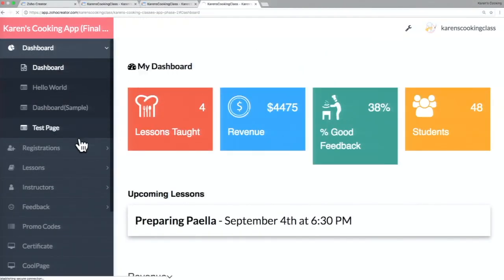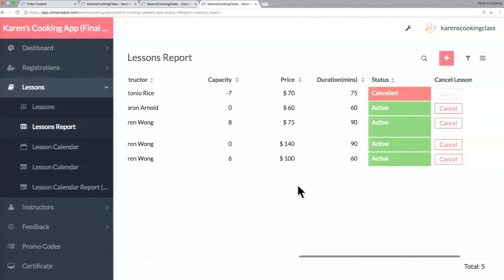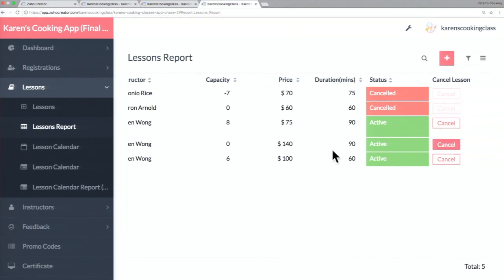Now I'll show you the custom action itself. Once I've created the custom action, this is how it will be displayed. The status will be updated for all the records that we have created, and you can see there is an active one and a cancelled one. This is what we have been trying to create, the cancel button here. Once you click on cancel, you can see the status has been changed to cancelled. Automatically the email will also be triggered, and the students of the particular lesson will be notified that the class has been cancelled. So this is triggering a script based on the action that we just did. It's cancelling the session. All right.